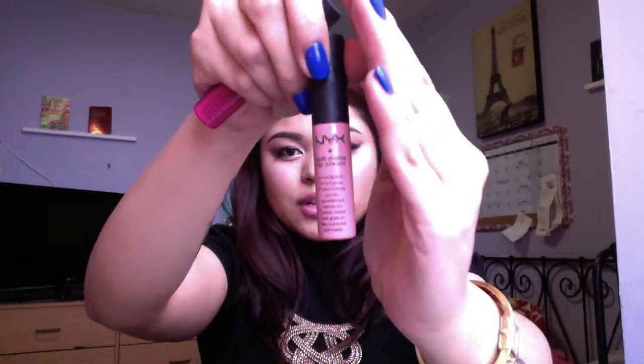I'm so in love with it. I cannot even emphasize how much I love it, because it goes on like a lip gloss, and then it dries like a lipstick, and it just stays there forever. However, I do recommend that if you put this on, you don't have dry, chappy, peeling lips, because that's just gross, and it won't look good, girl. I'm telling you right now. But otherwise, I really like it. You can also top it off with a shiny lip gloss,